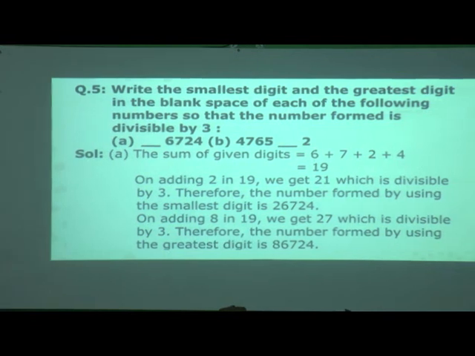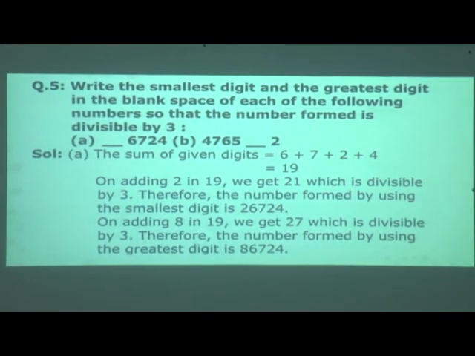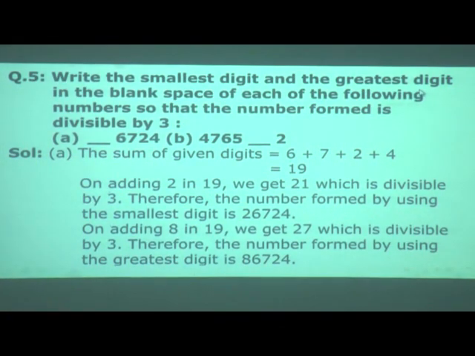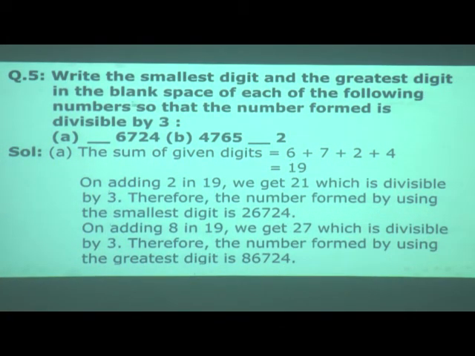Next question. Write the smallest digit and the greatest digit in the blank space of each of the following numbers, so that the number formed is divisible by 3. See, a number is given